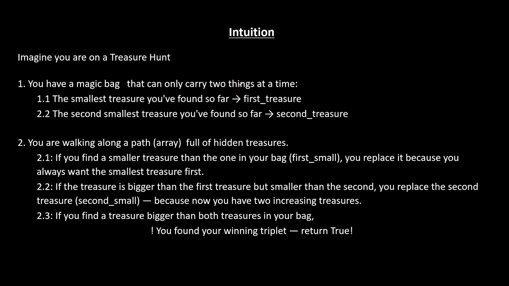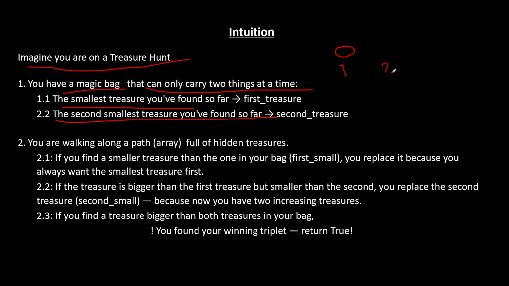Now let's move to the next slide. To understand what the problem is asking, we should build up an intuition for the problem, right? Let's imagine you are on a treasure hunt. You have a magic bag that can only carry two things at a time: the smallest treasure you have found so far, let this be the first small treasure, and the second smallest treasure you have found so far. If this is 1, this would be 2, right? Now we can carry these two things. Now we are walking along a path, which is the array in this case, full of hidden treasures,